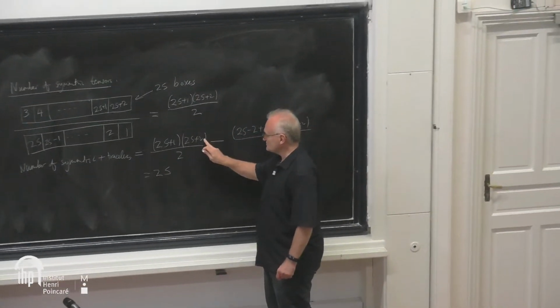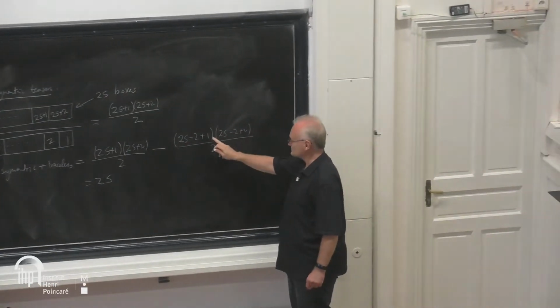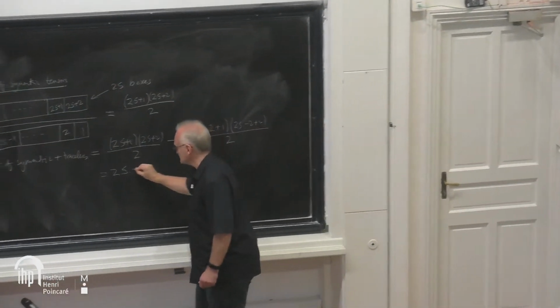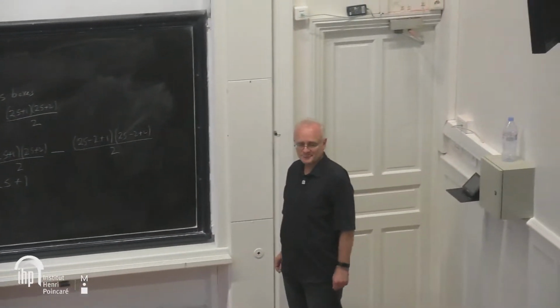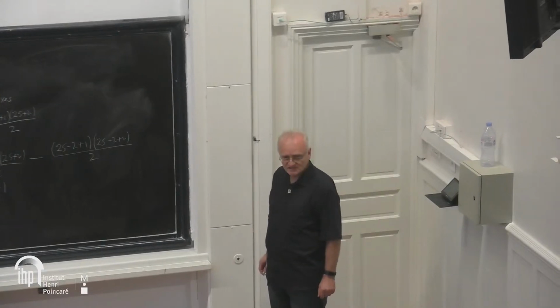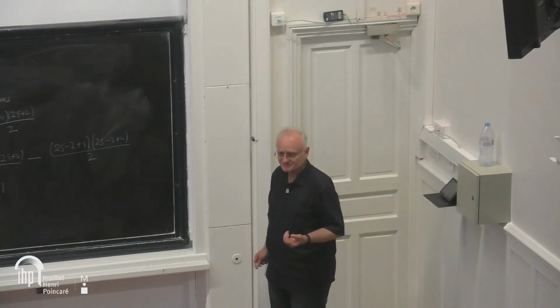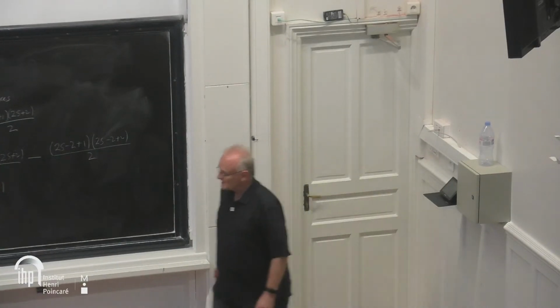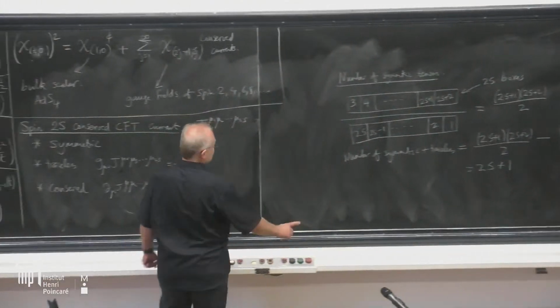1 times 2 is 2, over 2 is 1, and that's 0 times 1 over 2 is 0. So we get 2s plus 1. Is it just choosing 2 indices out of whatever is? Yes, I guess. Something like that. Yep. And now, so that's how many